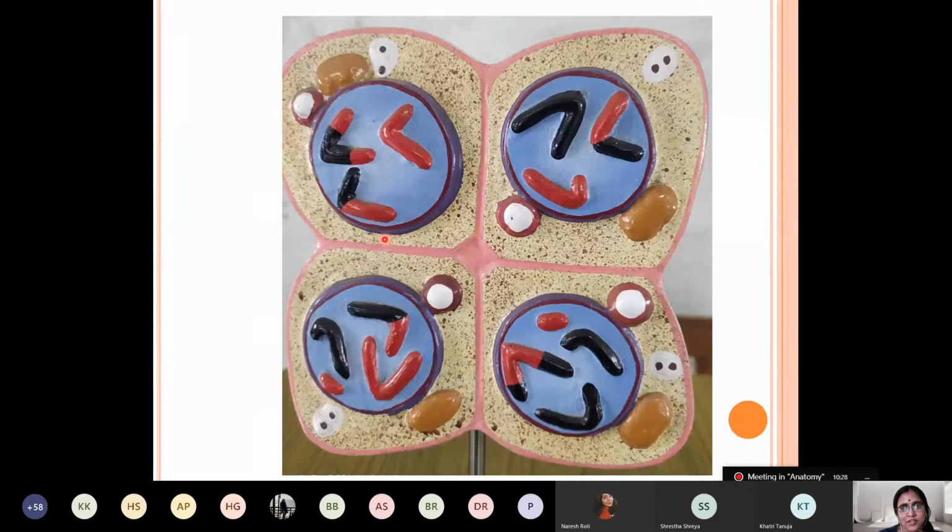So in the case of meiosis, a single parent cell will give rise to 4 daughter cells. In which cell does meiosis take place, the somatic cell or the gametic cell? Gametic cells. And what is the name of the gametic cell in the male and female? In the male it is known as spermatocyte, and in the female it is known as oocyte.